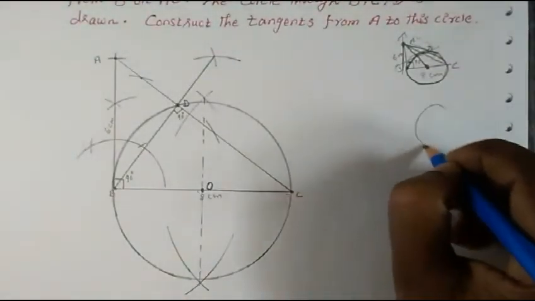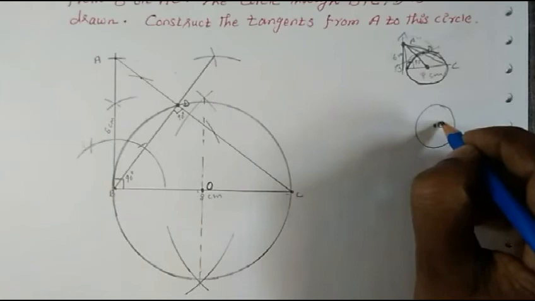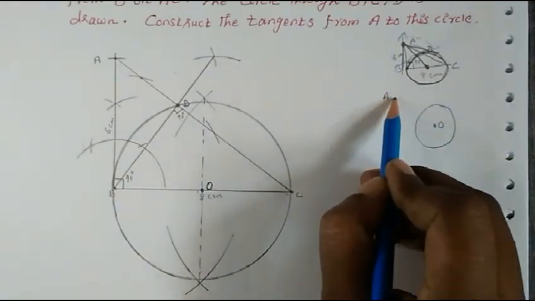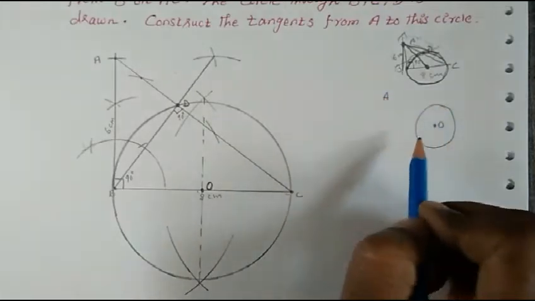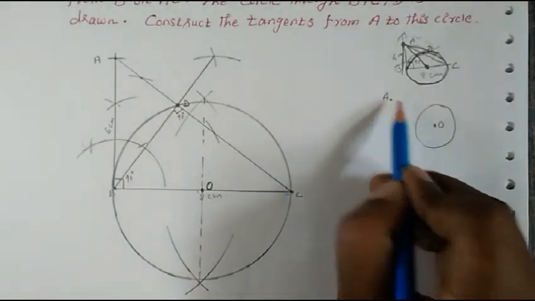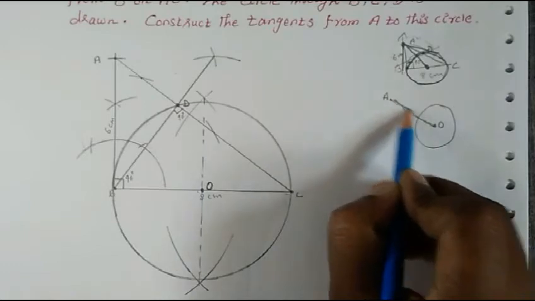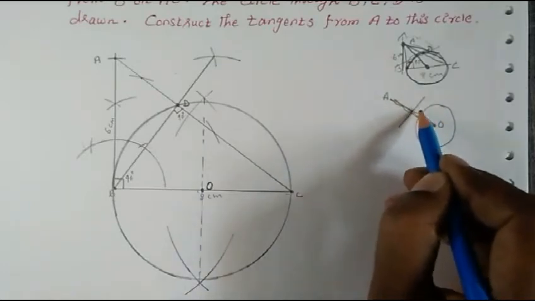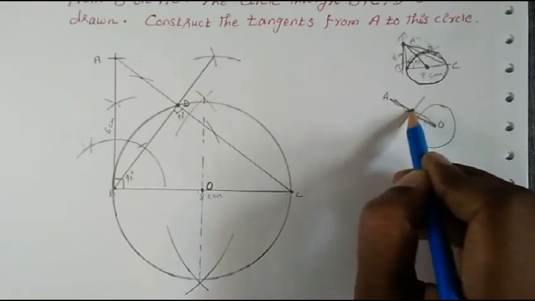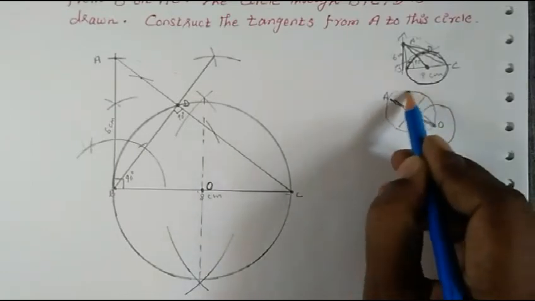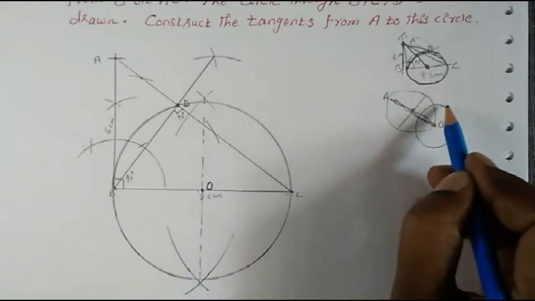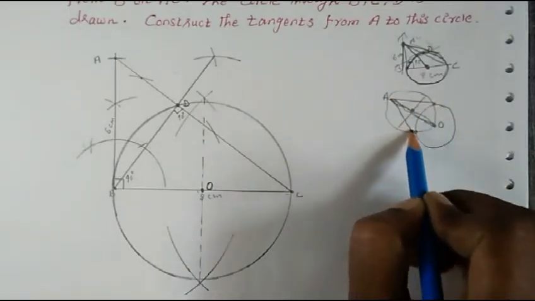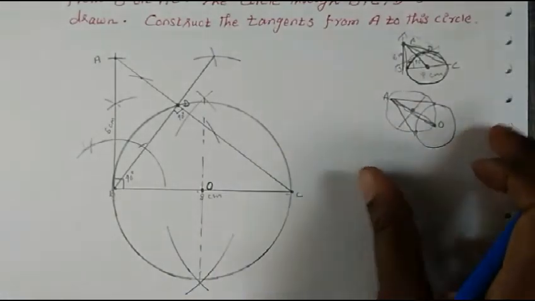I'll show you. So this is a circle, okay? Point A is here. We have to draw a tangent from point A. So to draw a tangent, point A we will join with O. Then for this we find the midpoint and keeping that center we'll draw a circle. That circle will intersect this circle at this point and at this point. Then we join A with these 2. Is it clear? So that's what we are going to do.